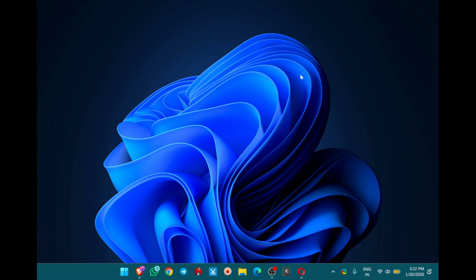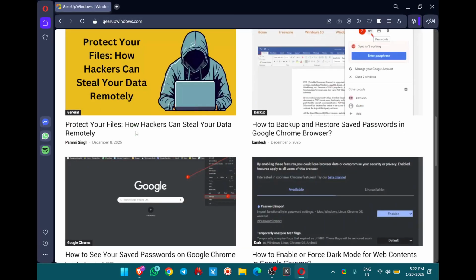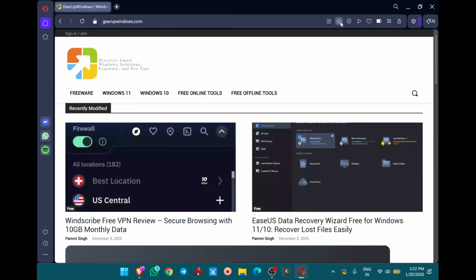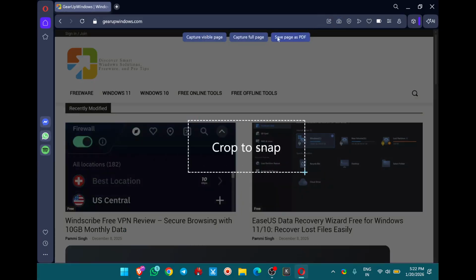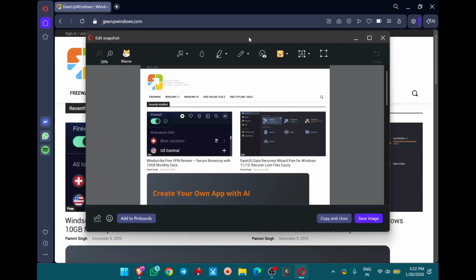To take a full page screenshot, just open the Opera browser and then navigate to the page you want to take a screenshot of. At the top on this toolbar, you will see this camera icon. Click on this icon. Now you will see here capture full page at the top. Click on this. Now Opera will automatically scroll that page and will save